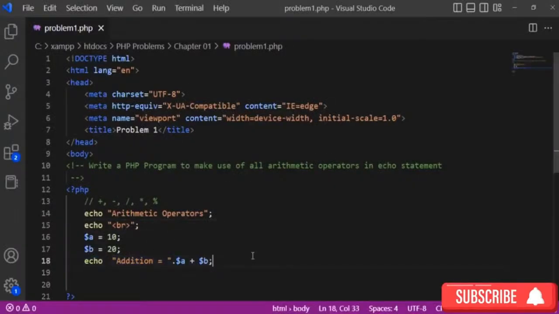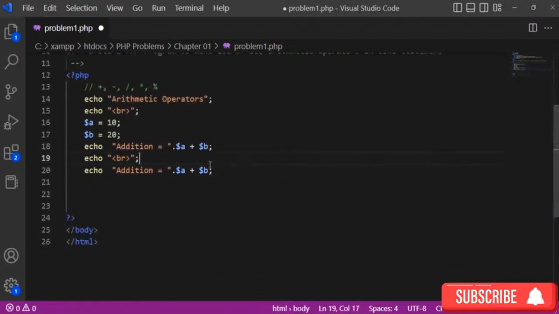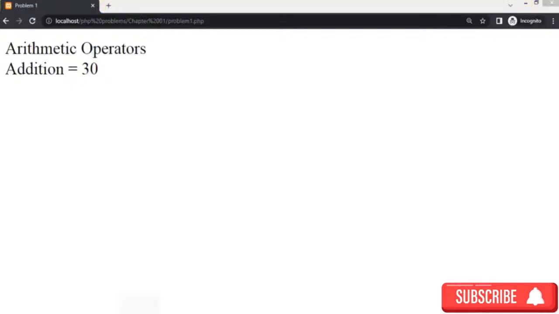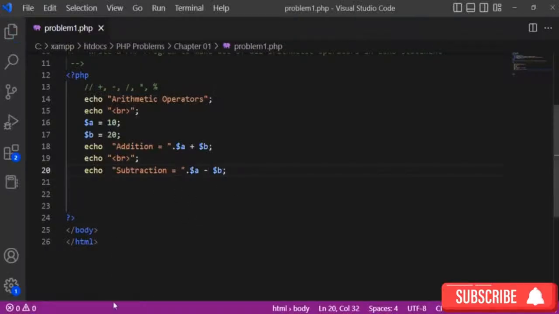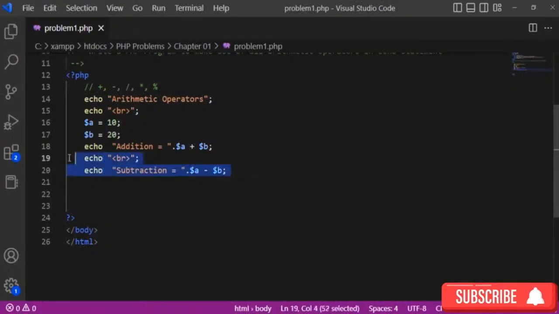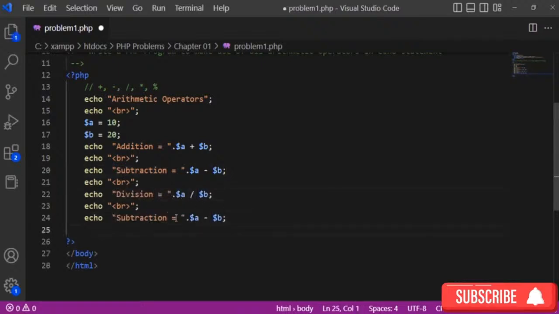Just I want to copy this one, paste here. Also I need a line break between two lines, and then it will be a subtraction, and then change this symbol into minus. Refresh this one, subtraction equal to minus 20. Also I need a line break, and also subtraction. Now this is a division equal to, just change the symbol to this one, and also change multiplication and